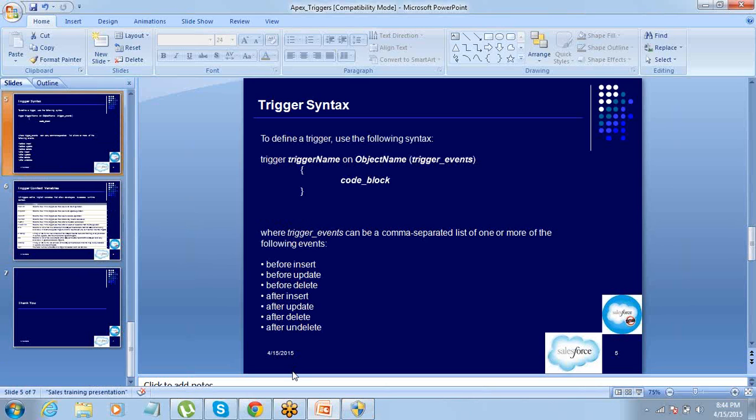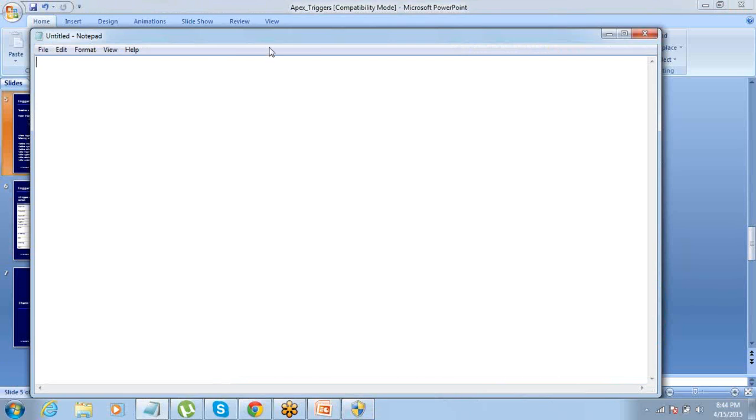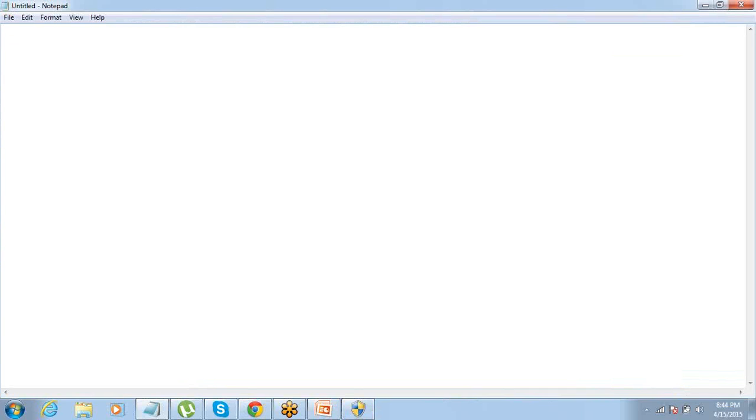Ideally, if you're writing a trigger on account, you should write it like this: trigger, let's say T1, on account, and when do you want that trigger to get executed? You can write the code here and close it.